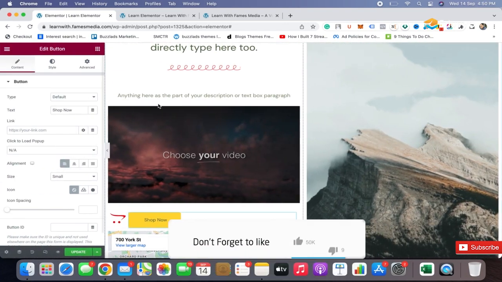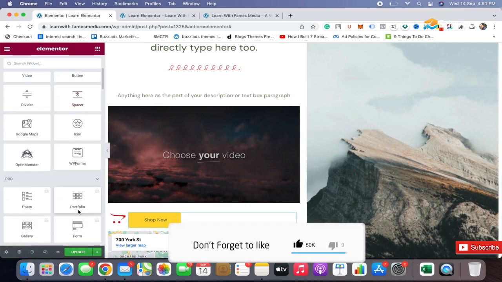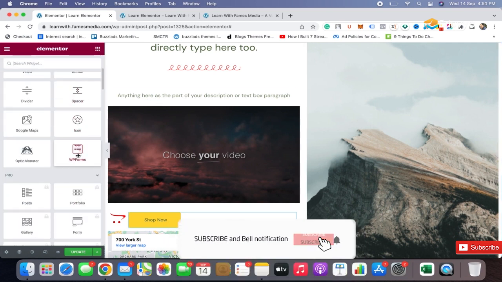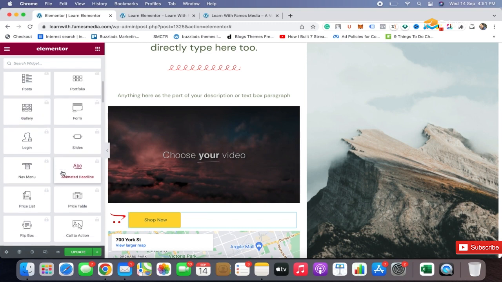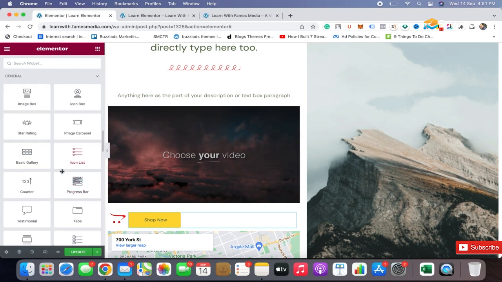All these elements over here, there are multiple more elements which you can totally use, like let's suppose the form. We are going to talk about the form later on, as this is a feature of a plugin which we didn't install, but it was previously there in our website. So I'm going to show you how you can add this form, or how you can add the pop-ups also, in the later sections. So now all these general